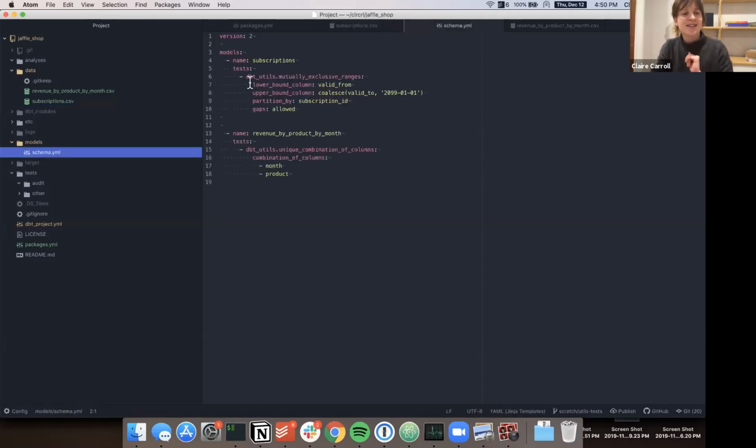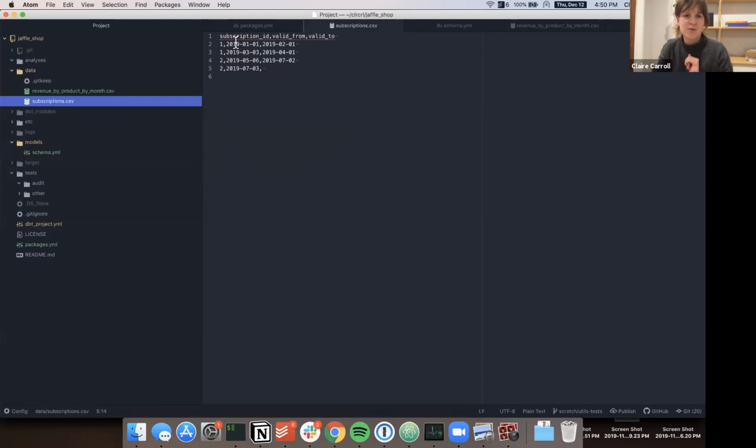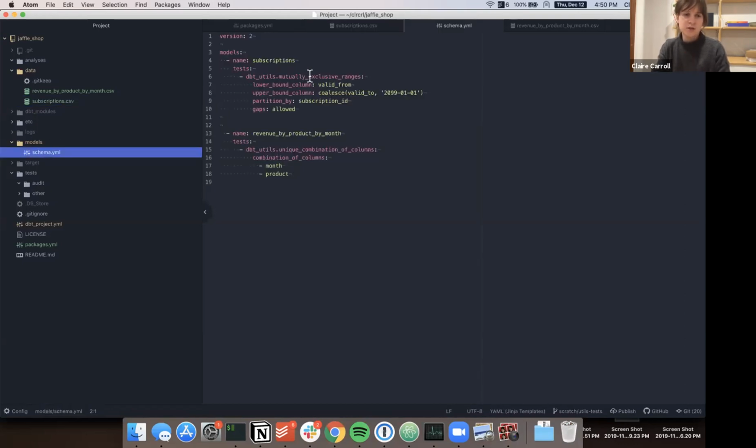But anyway, you can imagine some subscription data with subscription IDs 1 and 2 and different valid from and valid to dates. So we built this mutually exclusive ranges test to say that between my valid from and valid to, but also to the future, for each subscription, these ranges should never overlap each other.